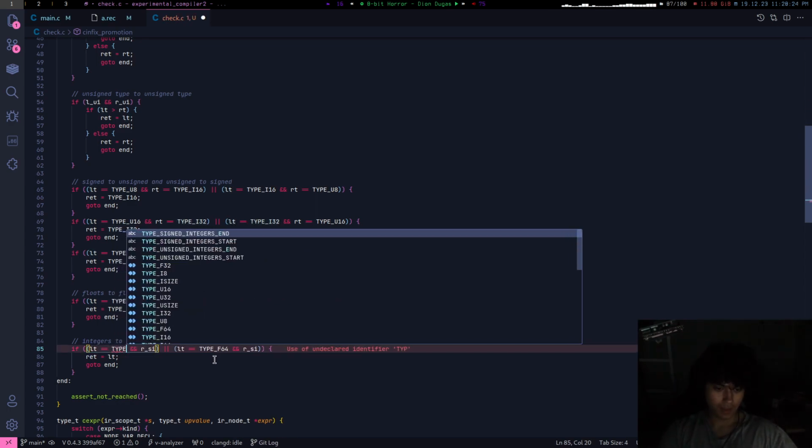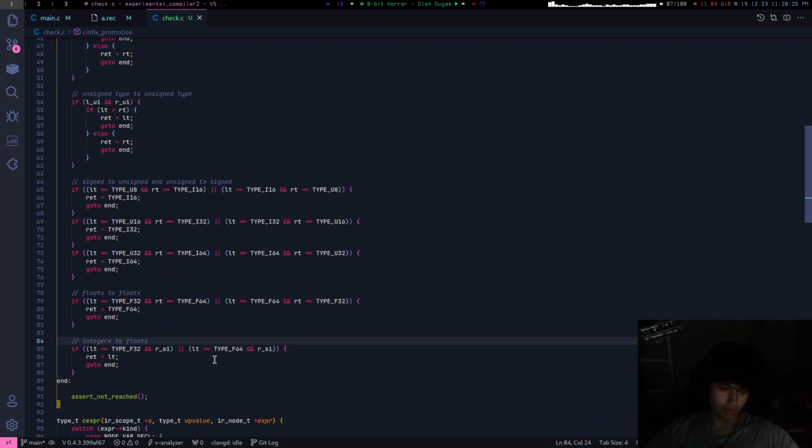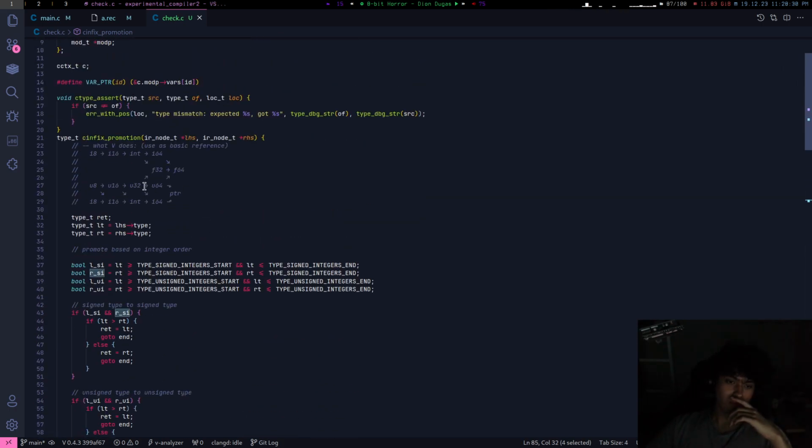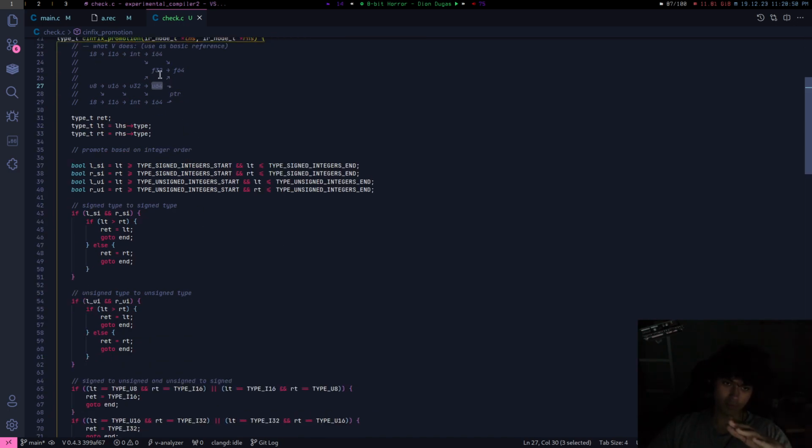No. The left type is an F32, and the right type is assigned. I don't know the ranges. A U32 is always, yeah, a U32 can't go into an, well, I know a U64 can't go into an F32. No, a U64 can go into an F32.